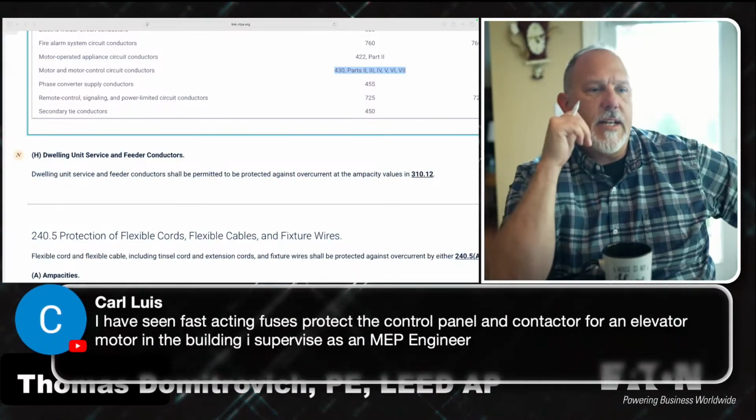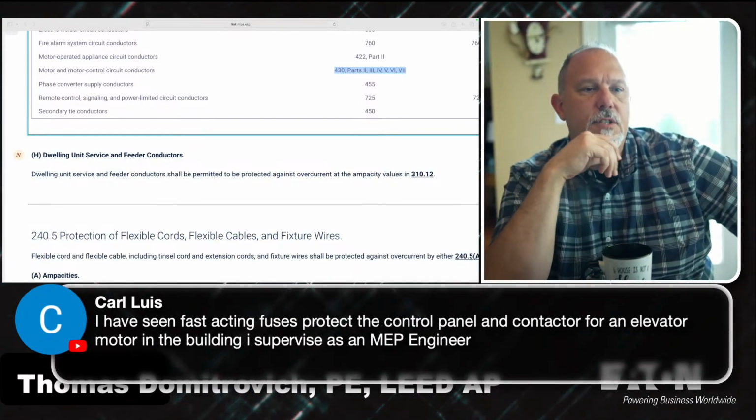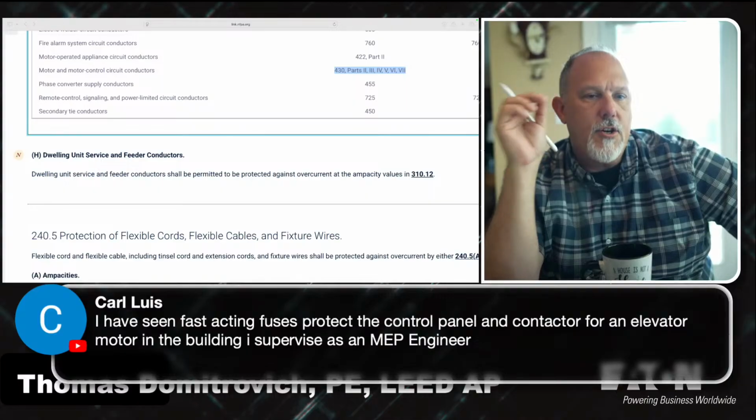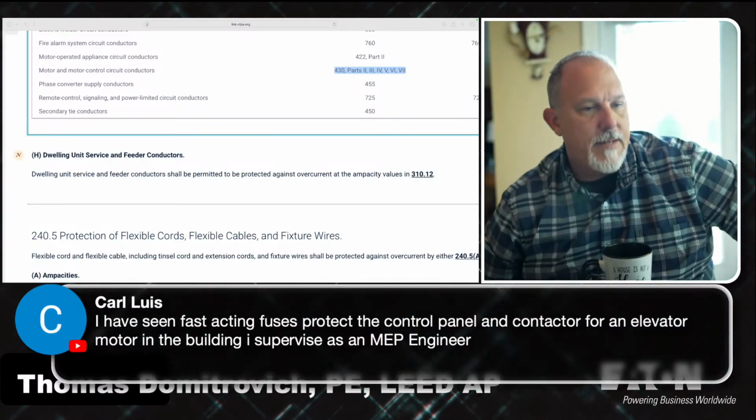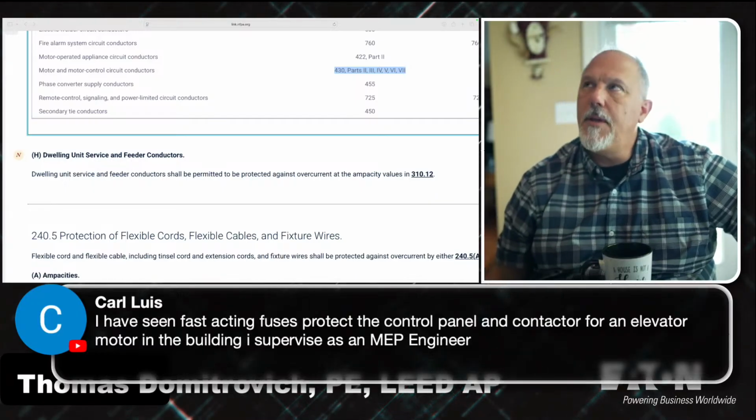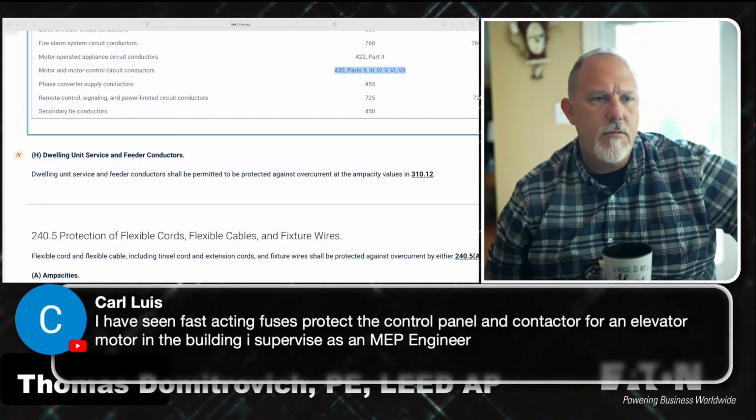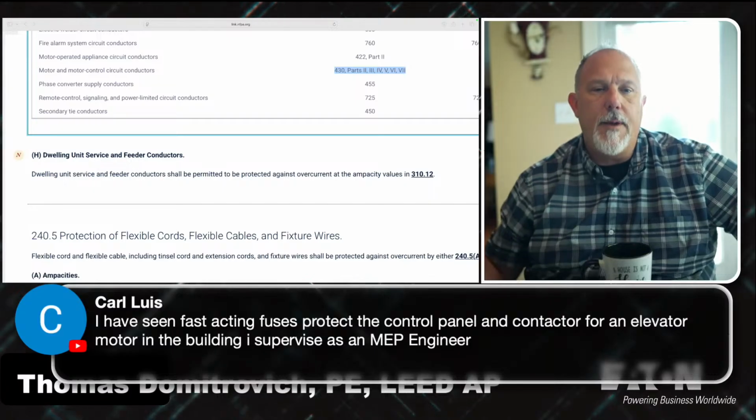Carl Lewis says, I've seen fast-acting fuses protect the control panel and contactor for an elevator motor in the building I supervise as a maintenance electrical, MEP, maintenance electrical professional? Oh man, I can't remember. Anyway,